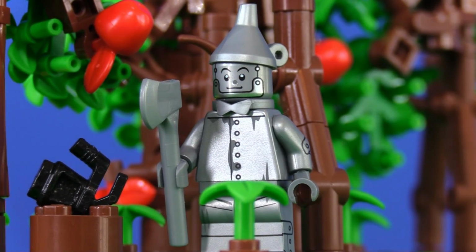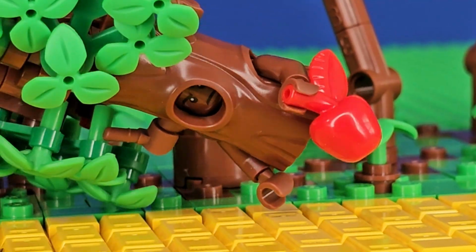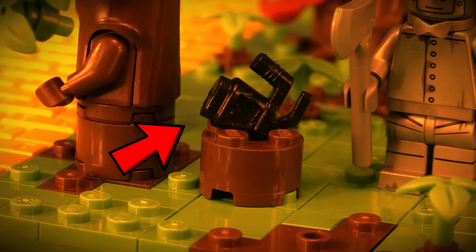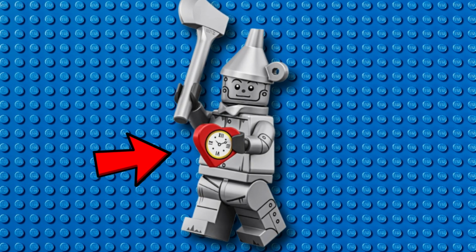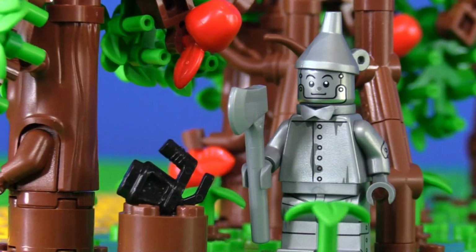He comes with his axe, so we could take down these real people in real time. Help me! And then you have this perfect stump to put down his oil can. Oh wait, he doesn't have an oil can, but they included his timepiece? Nah, that's ridiculous. Now I may or may not have actually lost his heart clock, but the minifigure itself is